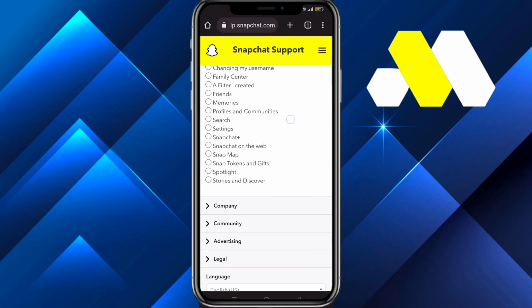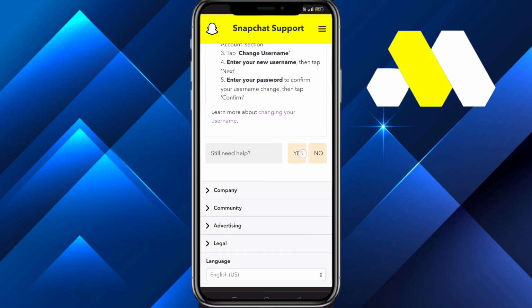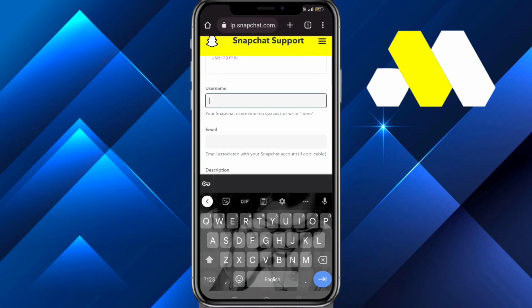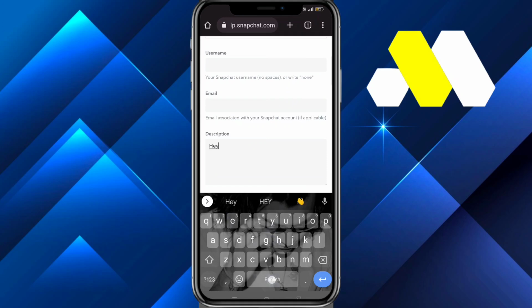And then we're going to click on changing my username. After that, scroll down and click on still need help, and we're going to click on yes. From there, put your current username, your email, and in the description box write, hey, my current username is at